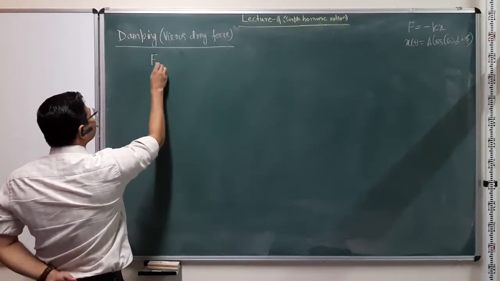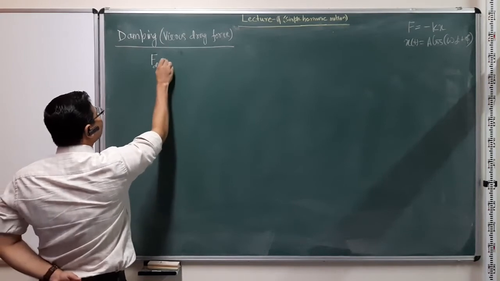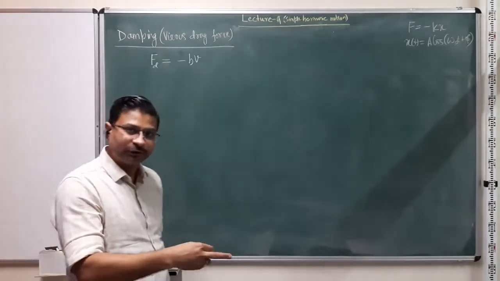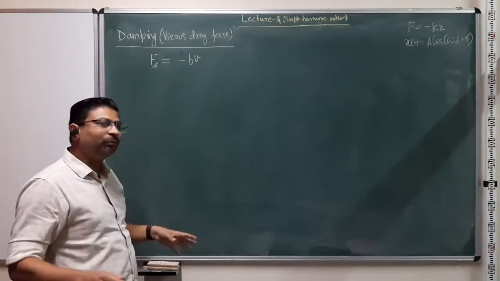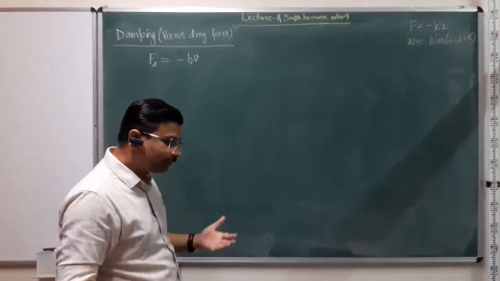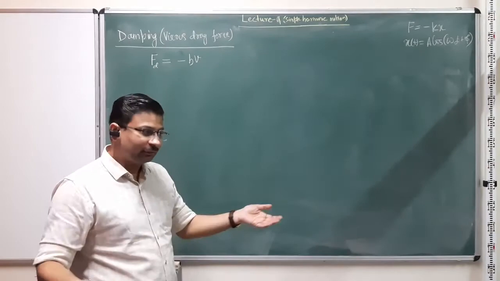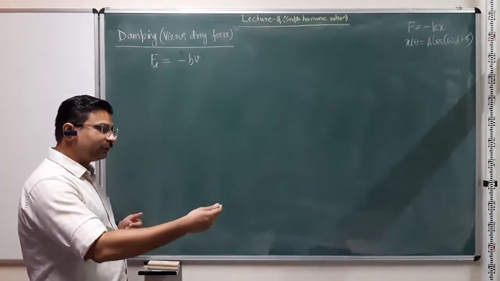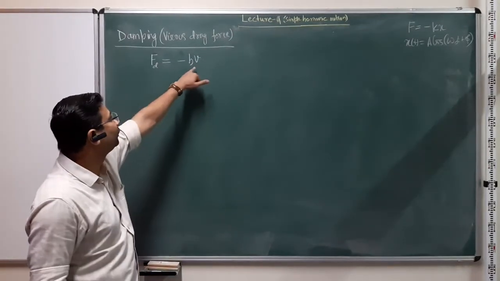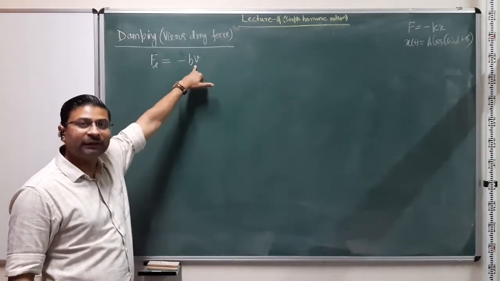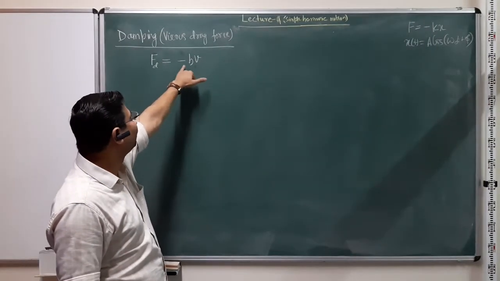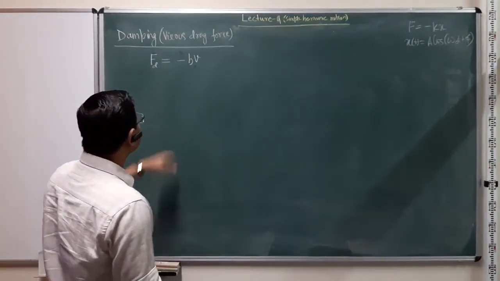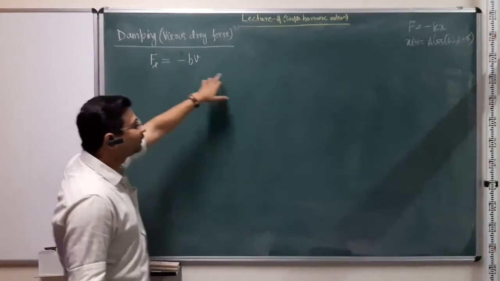So a viscous drag force, and let me write it down as F dissipative, has this form. It's proportional to the velocity of motion. In the sense that, for example, if you are not moving, then there is no opposition to being stationary, right? Either through the liquid medium or in the gaseous medium. If we start moving, then the force opposing the motion is proportional to the velocity of motion, or the speed of motion itself. And because it's always in the opposite direction, it tries to stop you from moving in that direction. So it's written as minus bv, and it's rather similar to this form, right?